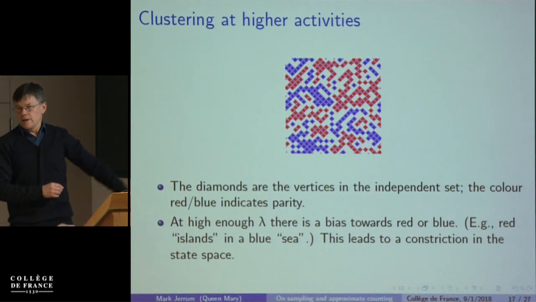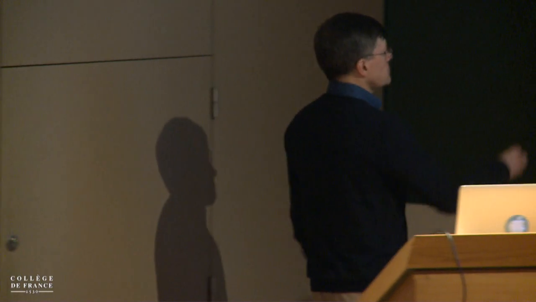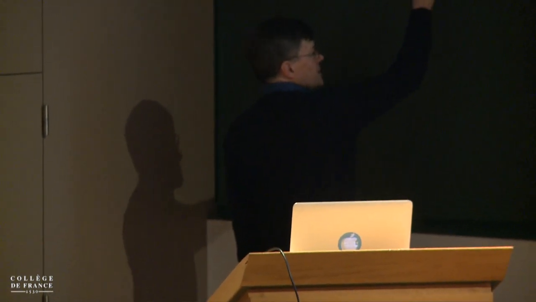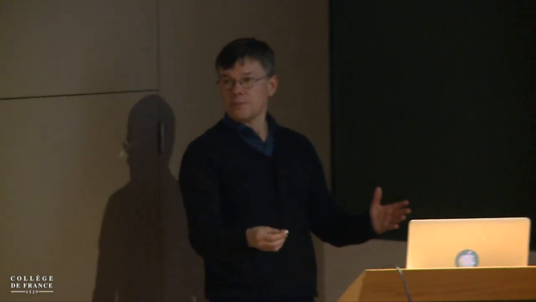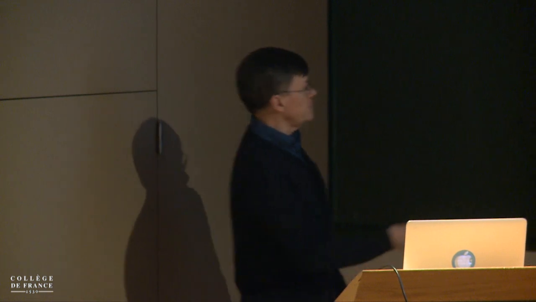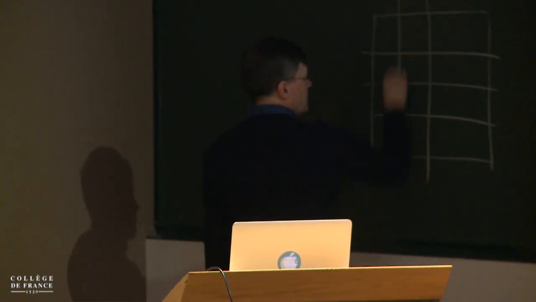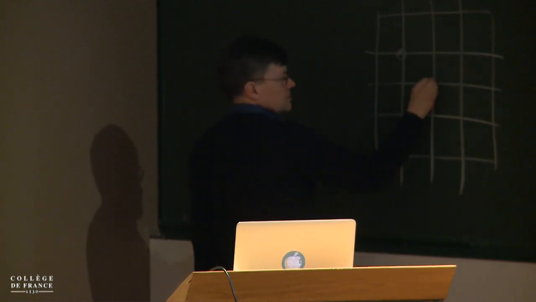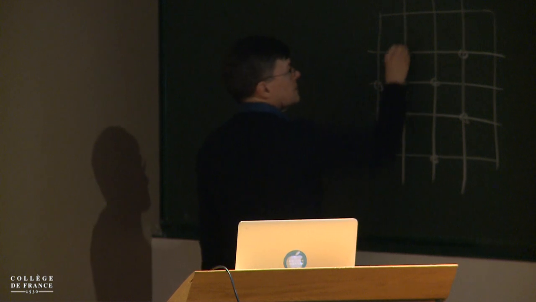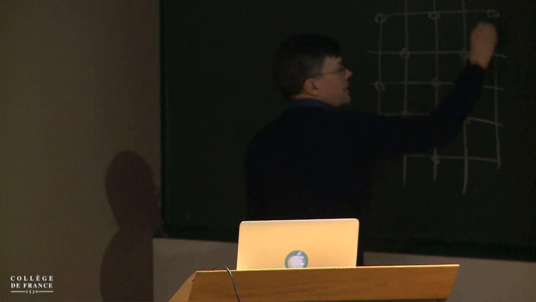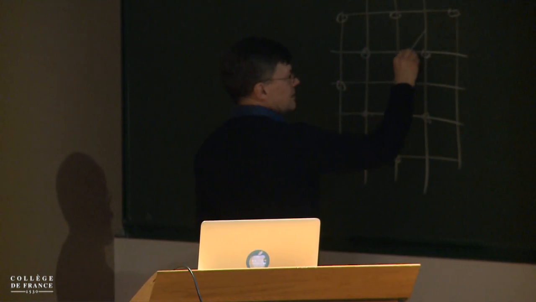We try to pack more and more vertices into the independent set, and the best packing will ultimately be a chessboard packing: choose all of the black squares or all the white squares. So if you colour these with diamonds, as he's done,